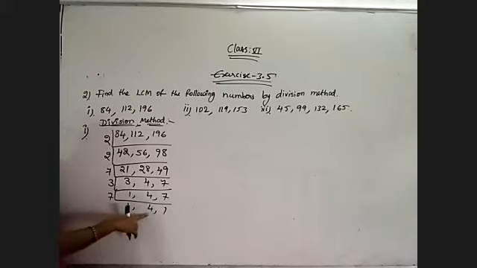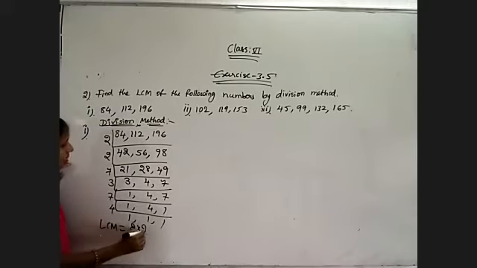Now only 4 we have. Any other numbers we didn't have, and for 1 and 4 there is no common factor. So take directly 4 tables. No need to take prime numbers. We can take any number also. So if they do not have any common factor, directly take that number. Okay. Now LCM of these numbers is equal to